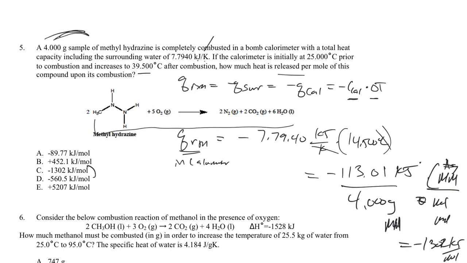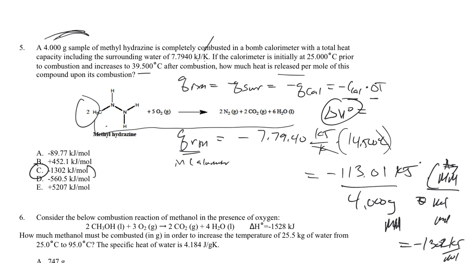So the answer to the question would be C. Now if we ask, what's the delta H of the reaction? What's the delta H of this balanced reaction? That's another question we can ask, what's the enthalpy change for the balanced reaction? Well, we just got to take the 1302 kJs times 2 moles. So the delta H of this reaction, as it's balanced here,